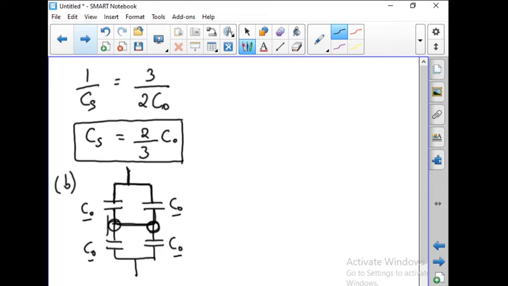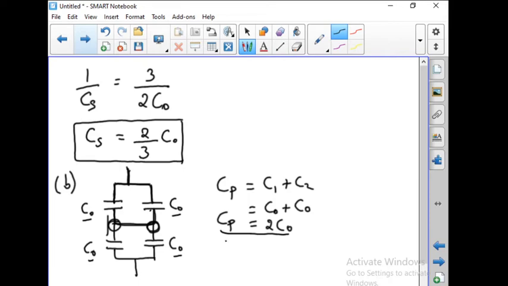Therefore we can write the formula for parallel combination: Cp is equal to C1 plus C2 is equal to C0 plus C0 is equal to 2C0. So these two capacitors are replaced by a single capacitor 2C0. Similarly, these two capacitors are replaced by a single capacitor, which is again C0 plus C0, or if you name it as